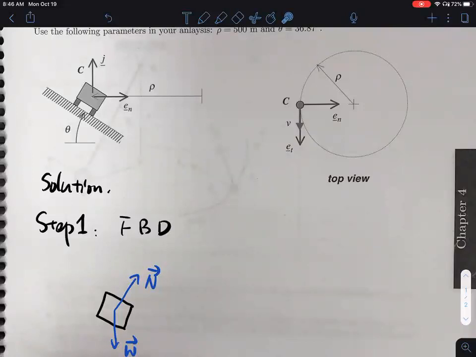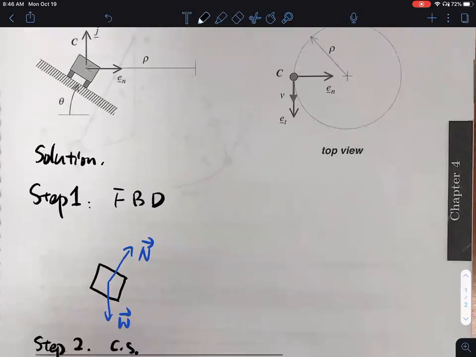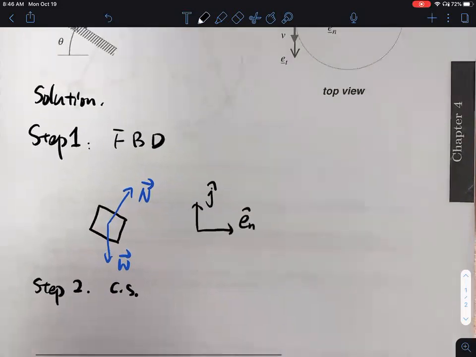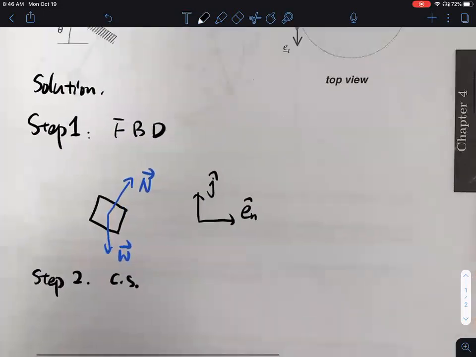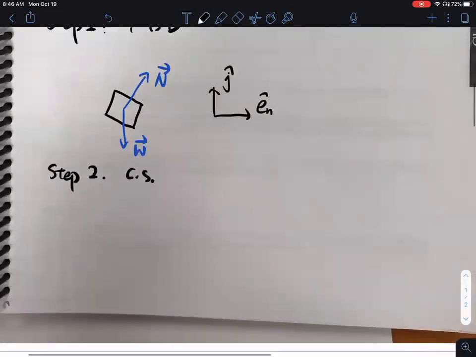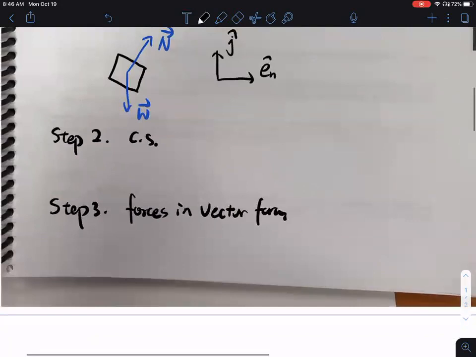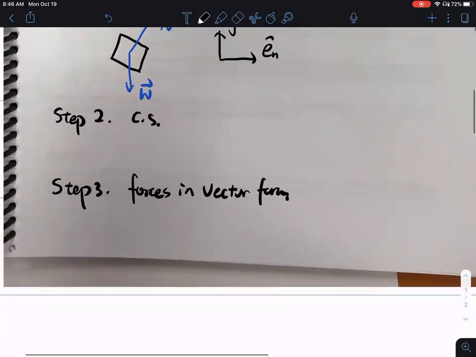That makes sense. Okay, so let's set up our coordinate system here. We should have J and E_N. Now let's look at step 3, forces in vector form. We only have two forces, so that shouldn't be too bad. We have a